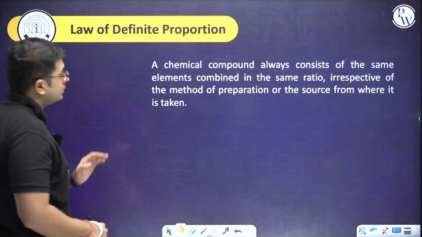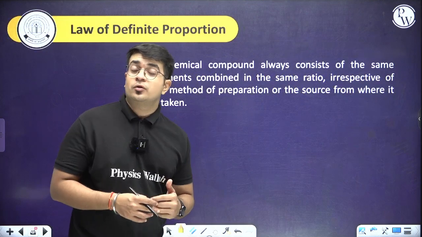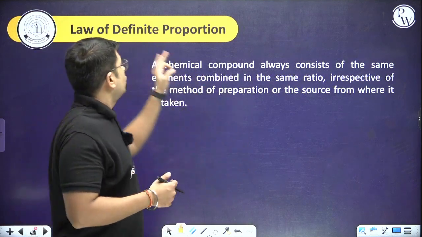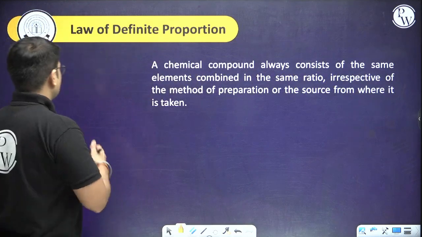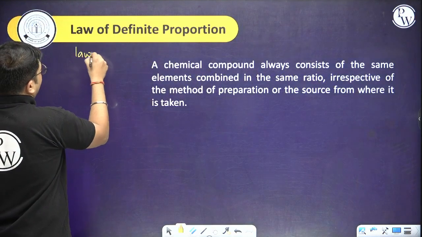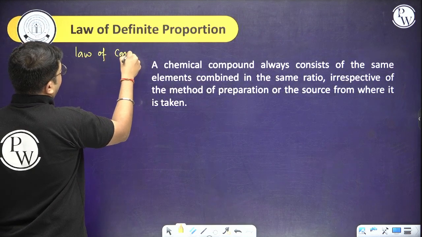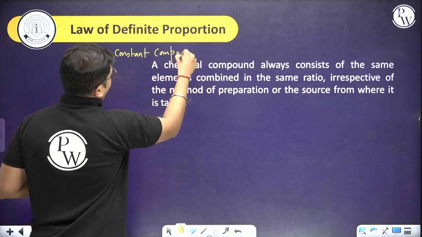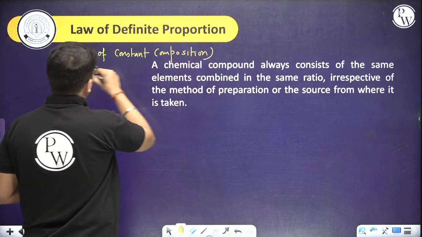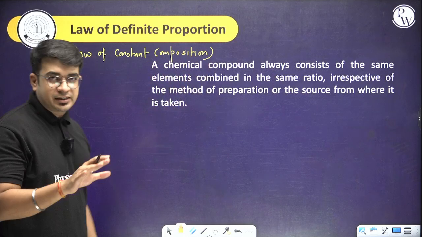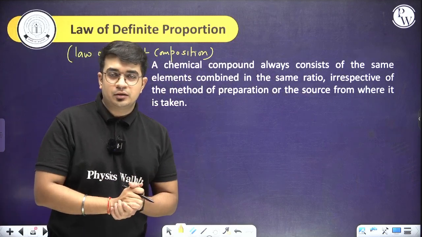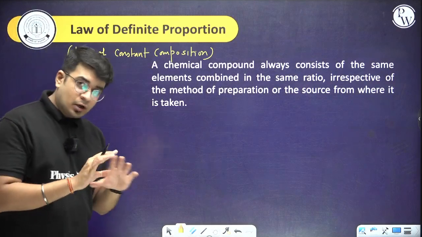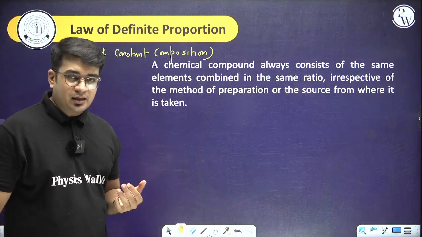Now the next part is a much more prominent law, which talks about the formation of compound. We are talking about the next law, which is law of definite proportion. It is also known as law of constant composition. Okay, so don't worry, both are the same thing. Law of definite proportion as well as law of constant composition, both are the same thing, and which simply says